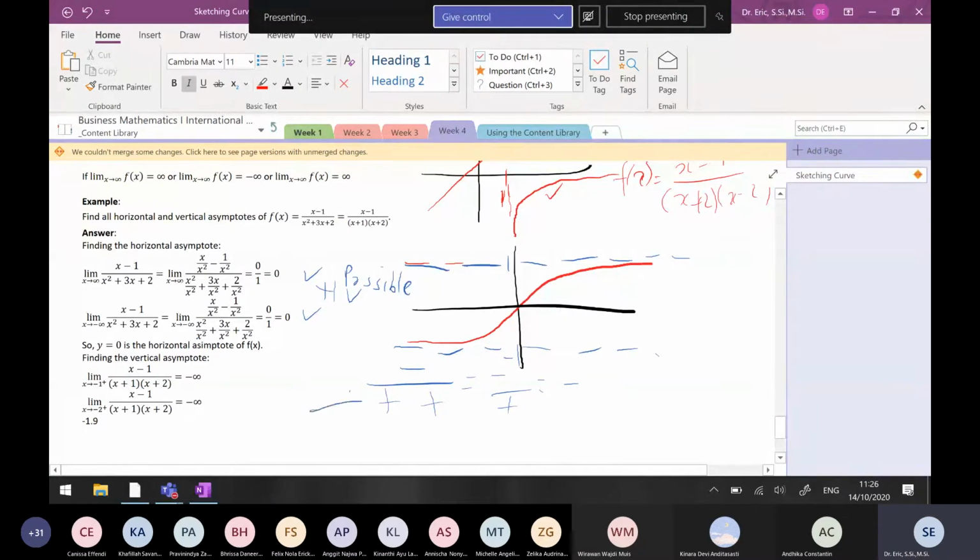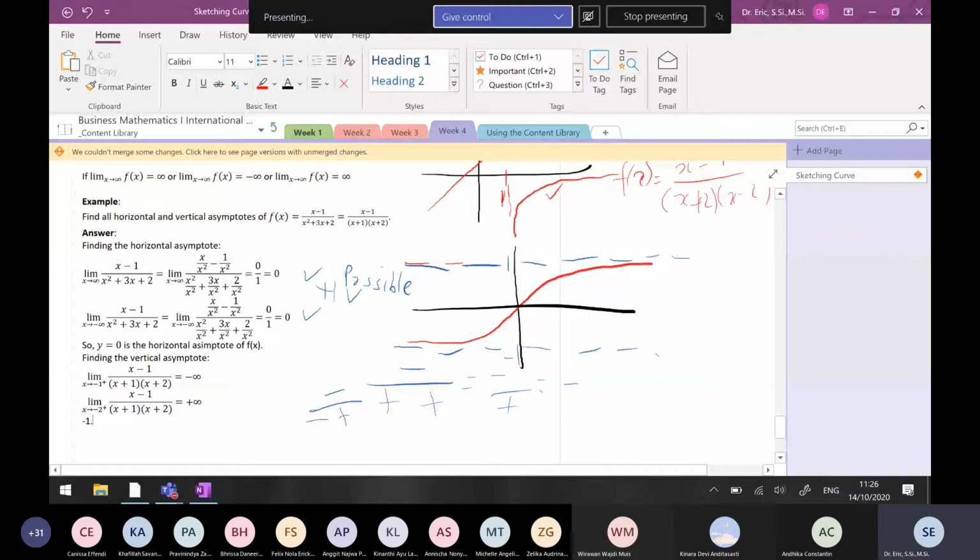numerator. The numerator will give you minus 1.9 minus 1. It will give minus. What about minus 1.9 plus 1? It will give you minus. Minus 1.9 plus 2, it will give you plus. So you have minus divided by minus times plus will give you plus. So it will give you plus infinity. Why plus infinity? Because when you substitute minus 2, it will give you 0. And division by 0 will give you plus or minus infinity. How do you find the sign? Just like this. Okay, yeah?